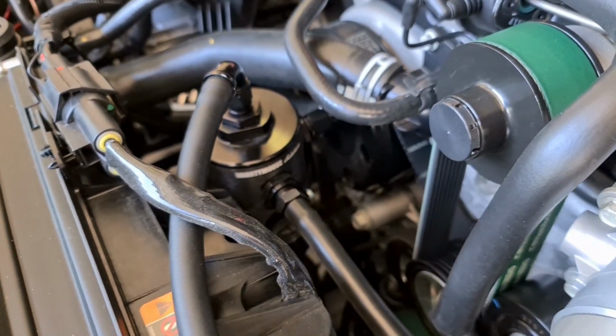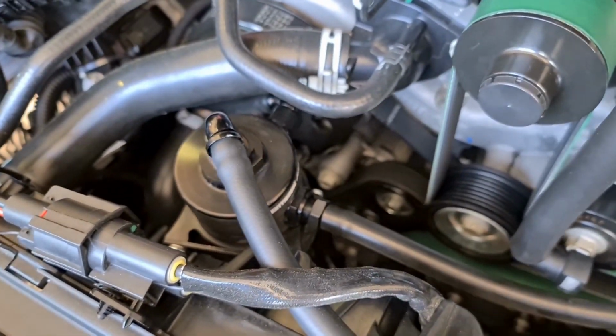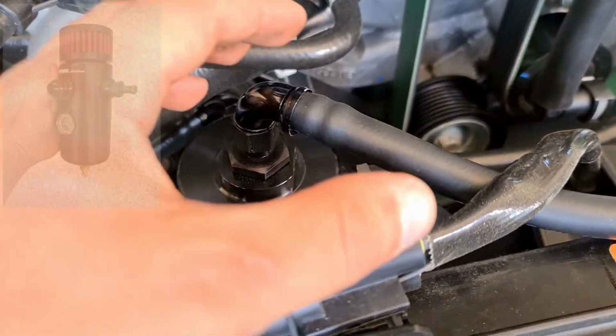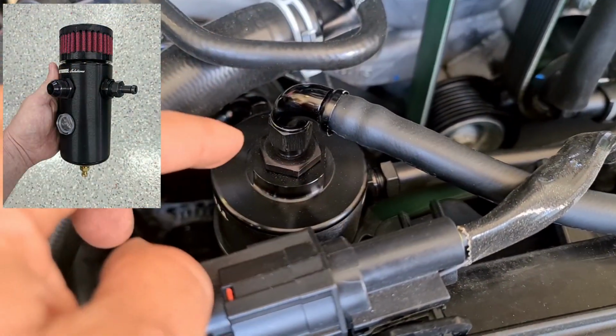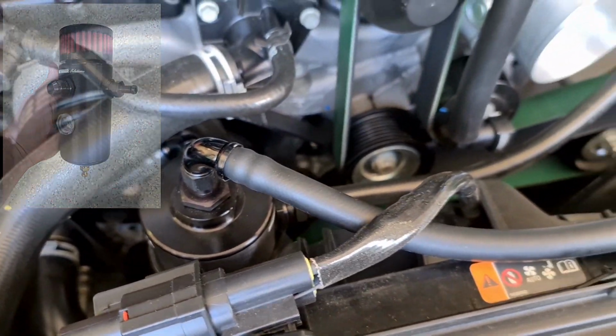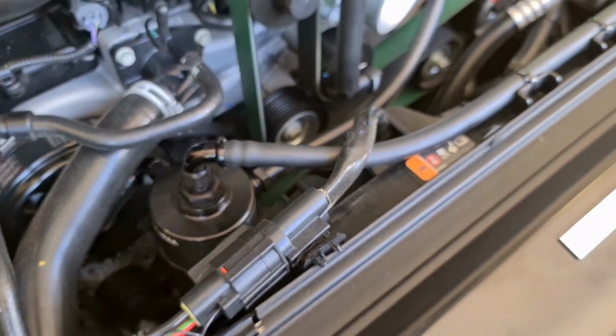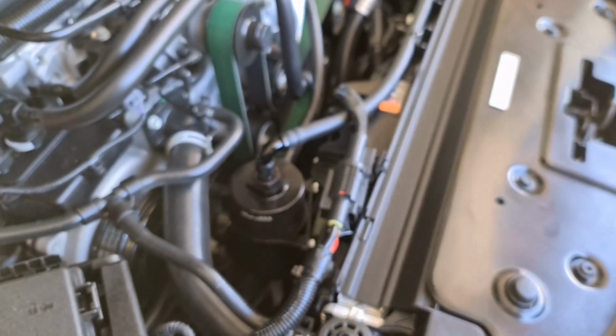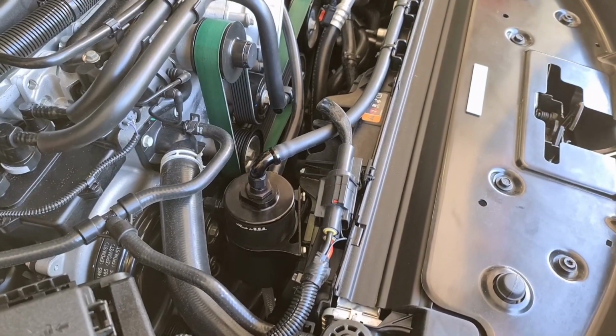I went a different route and went with the fitting top conversion. Normally there's just the breather vent right here and it vents out the air to atmosphere, but because we have really strict emission laws over here, I couldn't do that, so I went with this fitting top conversion and